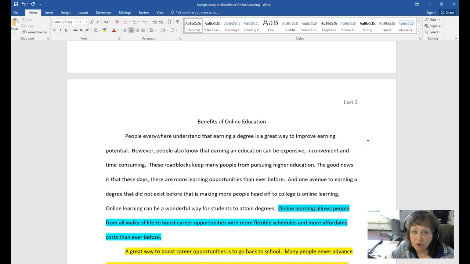Now keep in mind, this particular paper was written by me, but it was written with the help of my online class. And together we looked up source material that would reflect the benefits of online education. Then we derived our thesis from the 3 most common ones that we came across. And so once we did that,